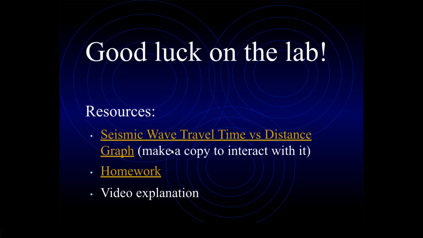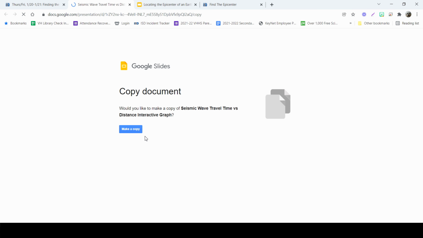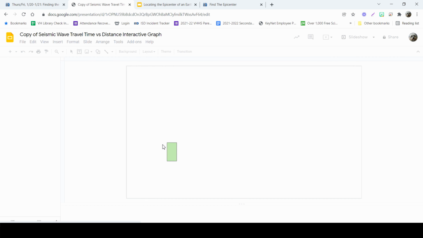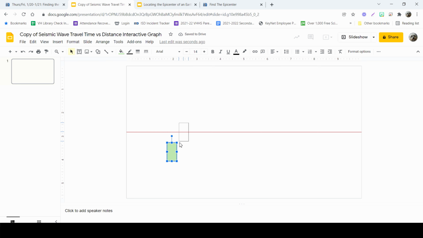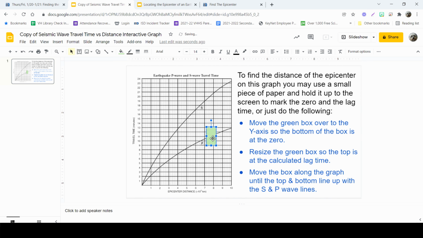So you have a seismic wave travel time versus distance graph. If you click this, it's going to make you make a copy of this document, and this is a document that once you make your copy, you can manipulate it and move things around on it. So this green box, you will be able to move, and what you're going to do is when this loads, you're going to put the green box down here so that the bottom of the box is on 0, and the top of the box you're going to put wherever